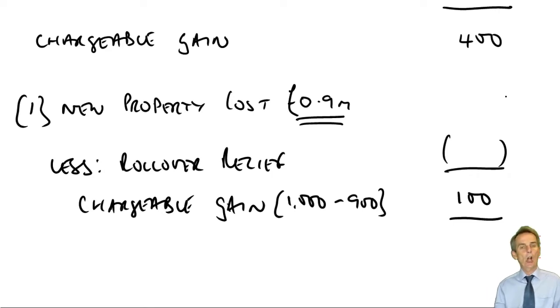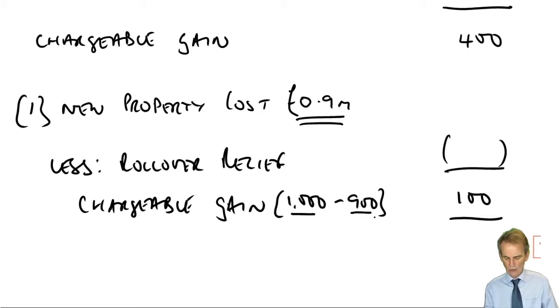And remember, because you're only selling an asset used in the trade, you are not selling the trade. On that basis, any amount of this gain that is remaining chargeable, assuming, as will be the case, that the taxpayer is indeed a higher rate taxpayer, then we'll be talking about a 20% tax rate. So here, sold for 1 million, bought for 900, you failed to reinvest £100,000 of those proceeds, that amount of the gain remains chargeable.